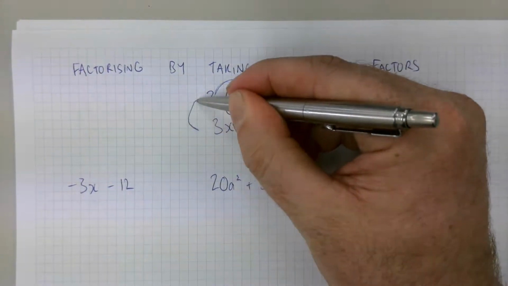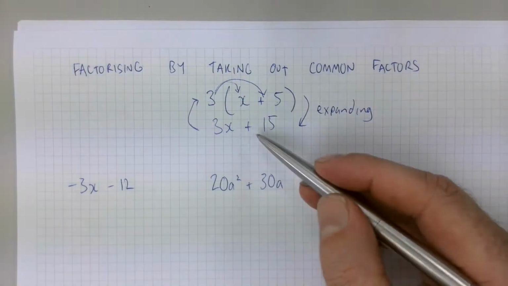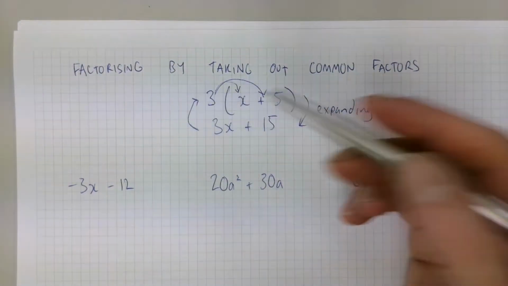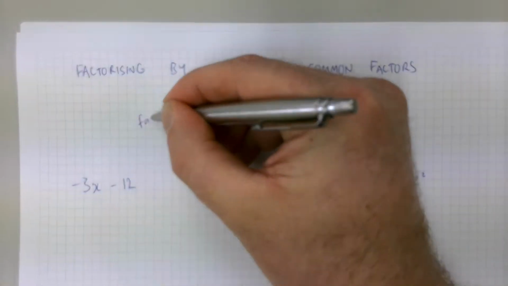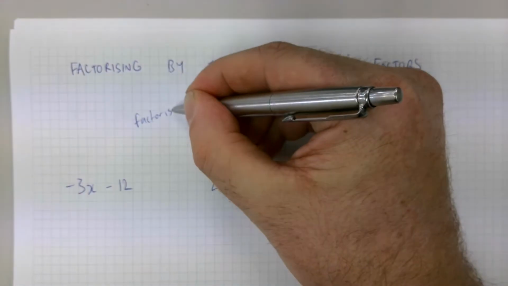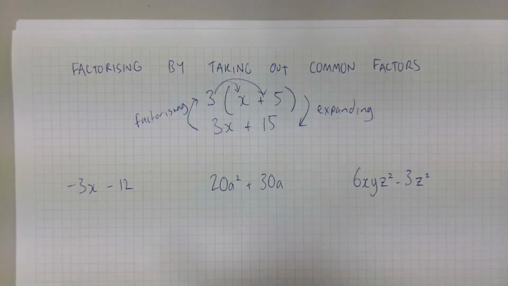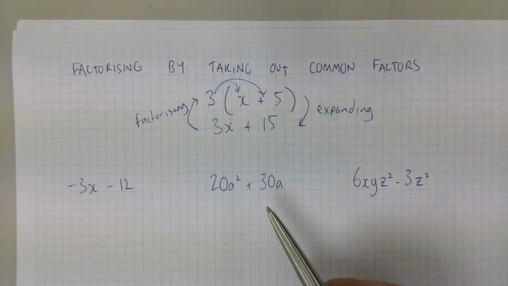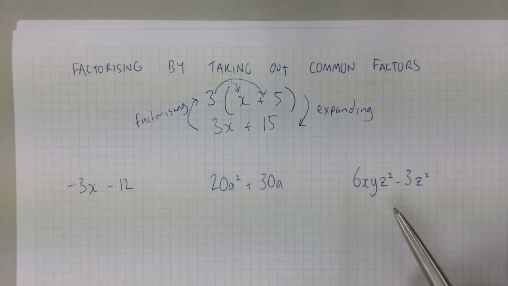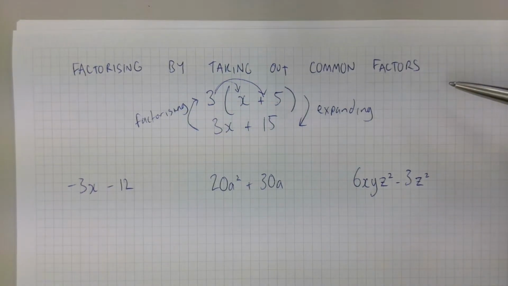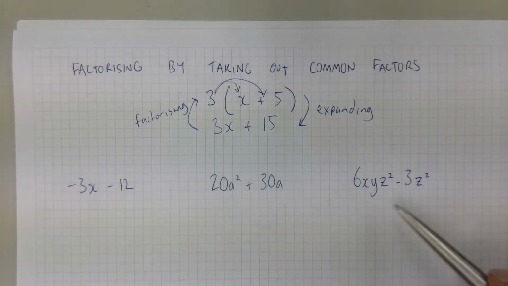Factorising is the opposite. It's going from an expression that doesn't have brackets back into an expression that does have brackets. So that's what factorising is, if you can remember back to the quadratic equations topic. So I'm going to show you 3 examples here of factorising by taking out a common factor. And like I said, the first thing you should look for when you factorise is, are there any common factors